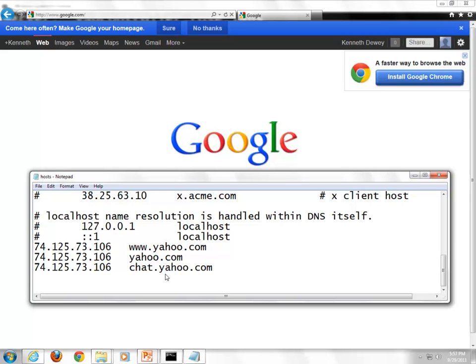Josh Pozia, a prior student of ours, he was a good guy. He worked for me for a while up here. Now he works at a bank. Josh was real big on Reddit and Failblog. They're web pages with stupid jokes and stupid videos. He would do that all day long. So I went into the computers in the lab and put all those listings in, and they all went to an internal website that said, "Josh, get back to work." So whenever he typed them in, it said, "Josh, get back to work." So that's good. If you ever see something like that, you might be doing something wrong.